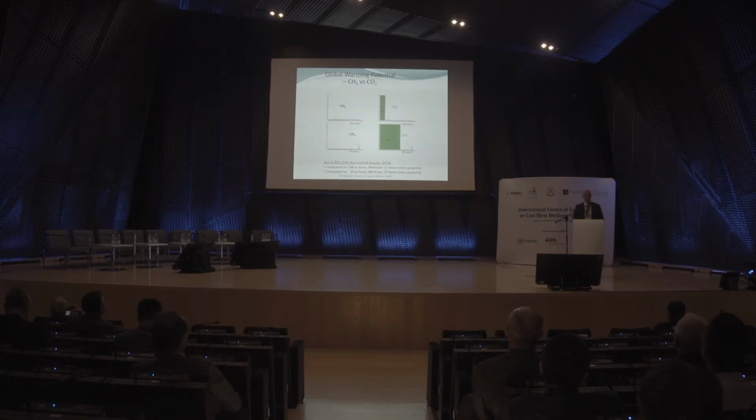Methane, after around 12 years, turns into CO2. So you see, where did we have the cursor? Here. You see here that it's 12 years and then it's like CO2. Now, if you focus on the first 20 years, because this is compared based on a 100-year base of comparison. Now, if you look at 20 years, that's the lower graphs, you still have 12 years of atmospheric lifetime of methane, and then it turns into CO2.